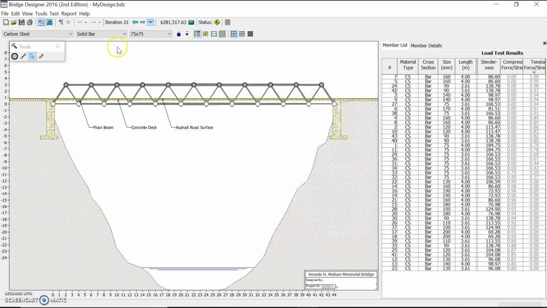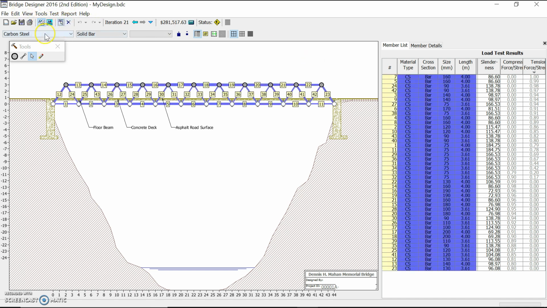We are going to continue working with this design, and there's a couple things that we can do. The first thing that we can do is I'm going to highlight all of my beams, and we can actually switch the material that we're using. Currently, this bridge is made entirely of carbon steel. We can go to that menu and we can select another material. Carbon steel is the